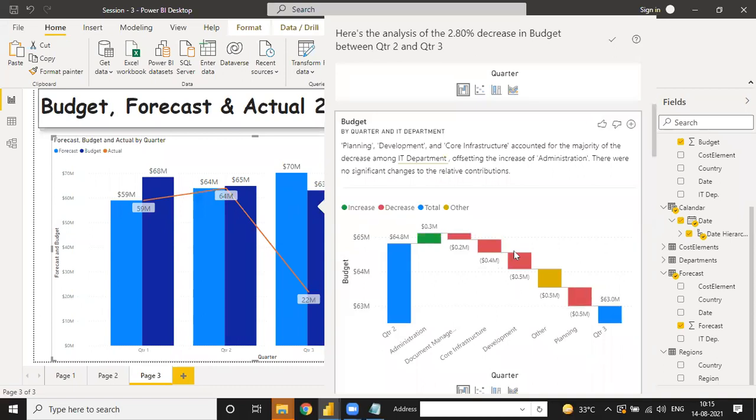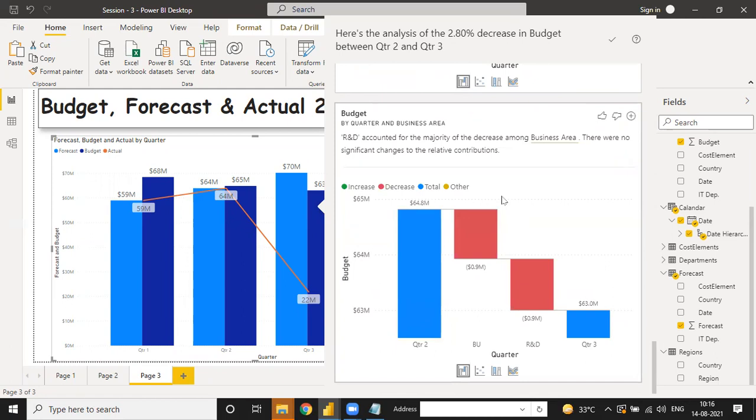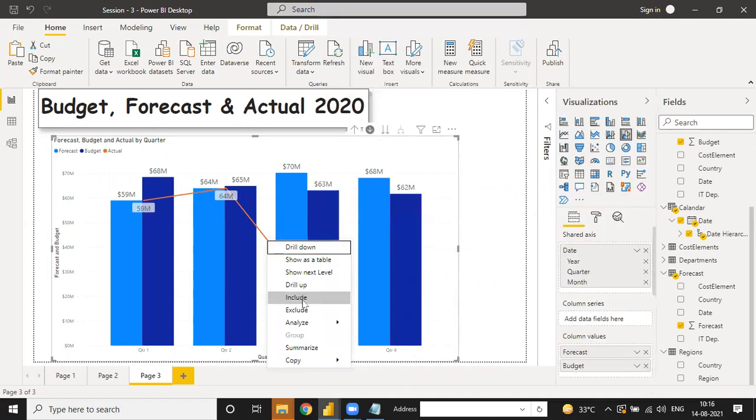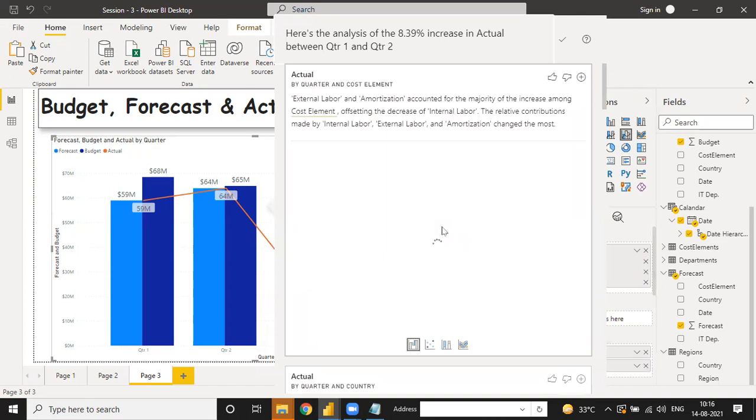So any doubt relating to this? See, this kind of analysis you can do and prepare the report according to their needs, that what are the changes we have done. Suppose in the actual, if you don't need the rest, you just click on actual and analyze the actual value only. You have to analyze here just the actual value.